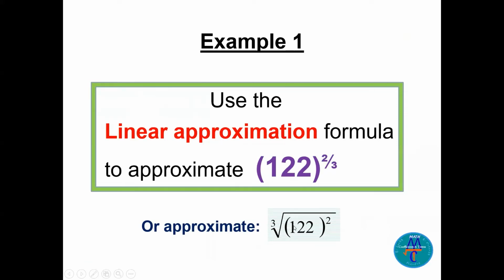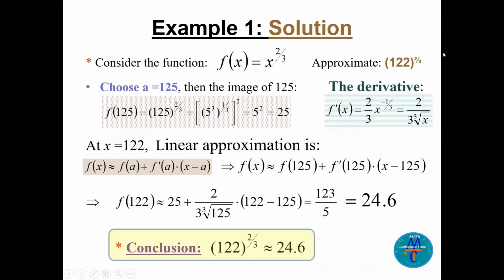Approximate the cube root of 122 squared. Now here we need to approximate 122 to the power 2/3. So let's try to construct a function similar to that. We say f(x) = x^(2/3). Now we have to choose a number a very close to 122 so that the image is easy to find. So let's choose a